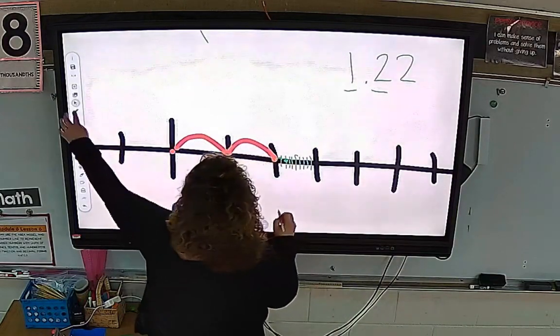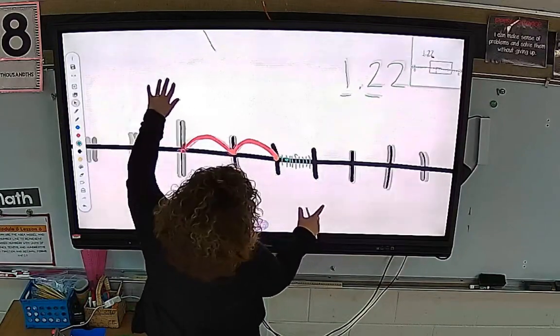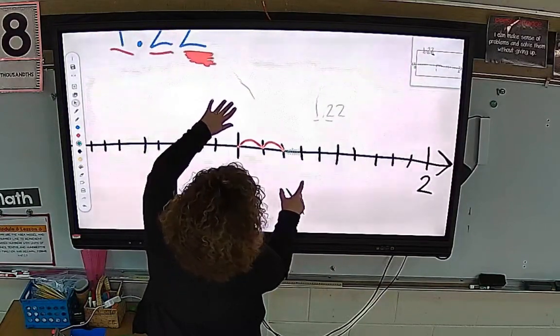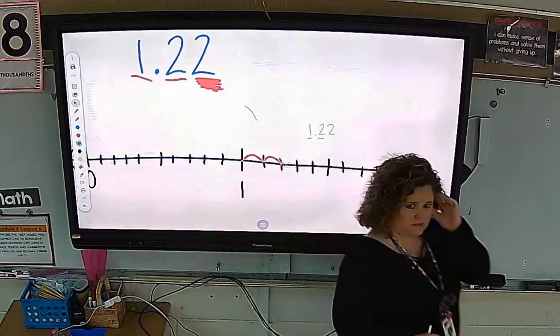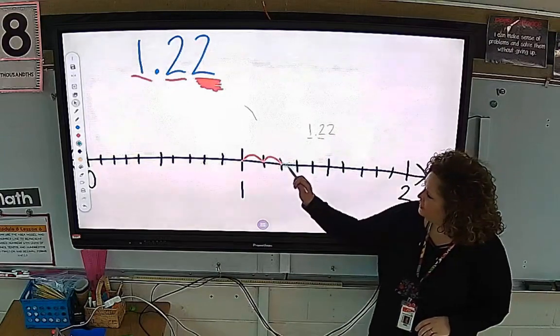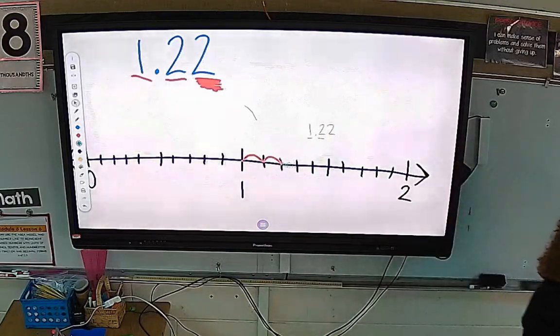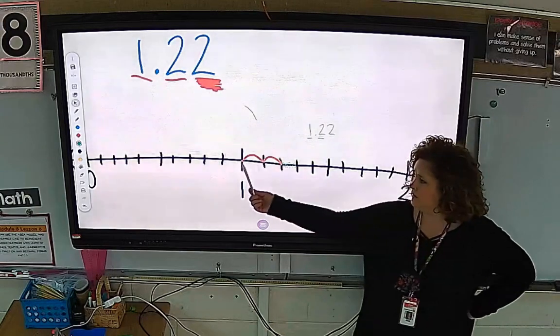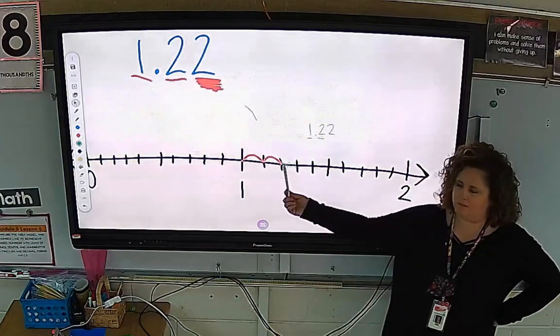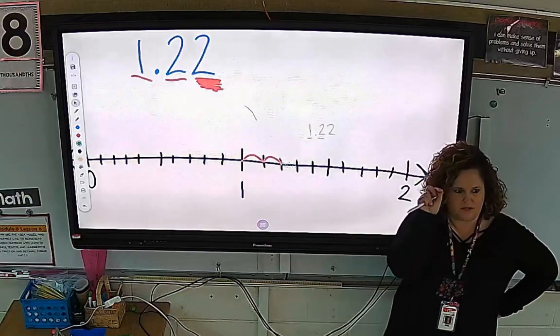Now if I shrunk that back down, let's see if it'll even show up. This looks like a big green blob. Yeah, it does, doesn't it? But right here, this is what you're going to see sometimes on the number line. The number line is a little harder to make it seen. Sometimes it will say, estimate where you think this number is. And so you would go to the 1. You would go over 2/10 because you can see that much. And then you would just scoot over just the tiniest bit.